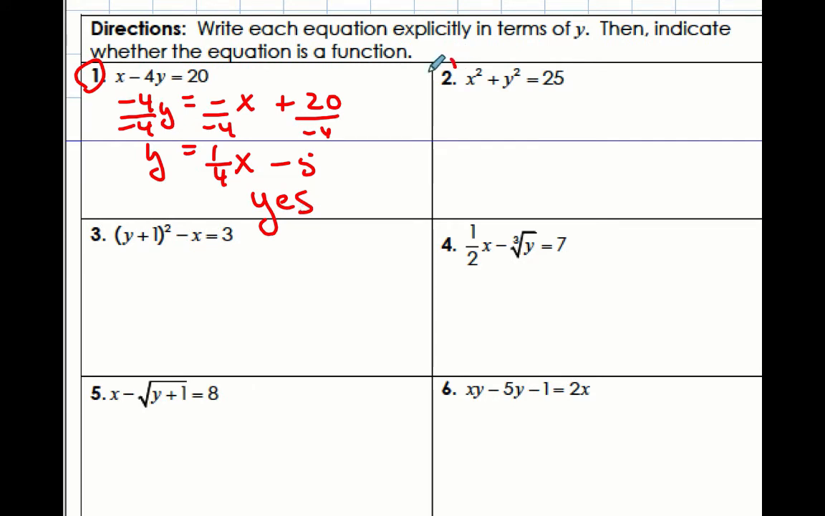So on number 2, I have x squared plus y squared equals 25. I'm trying to get y by itself. So first I'm going to subtract x squared